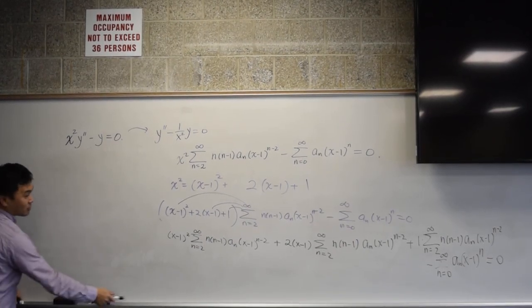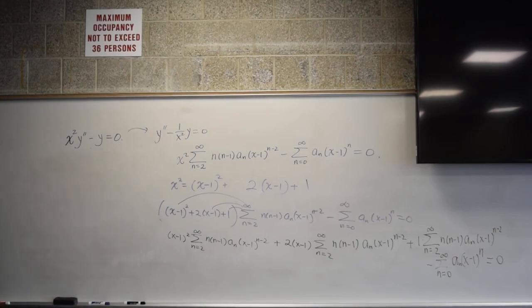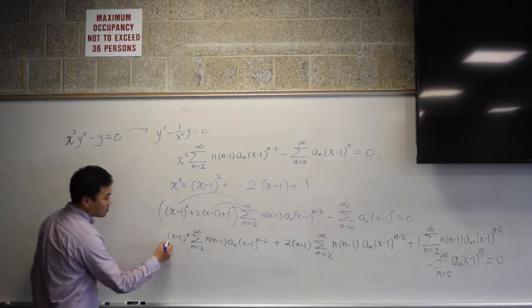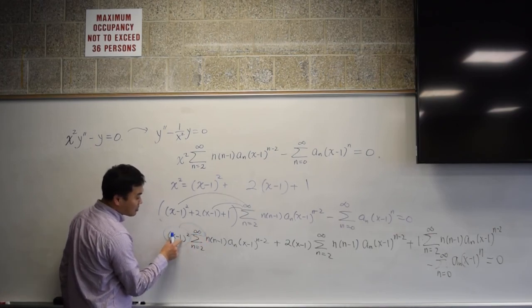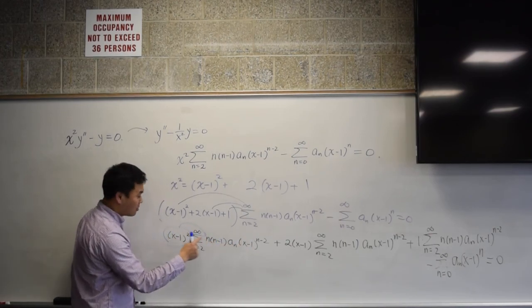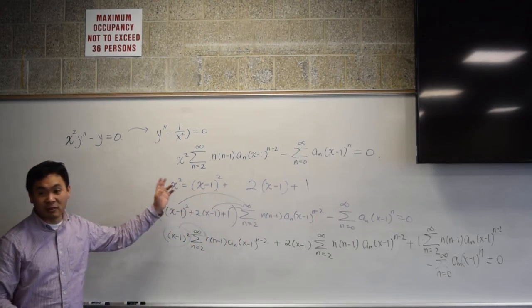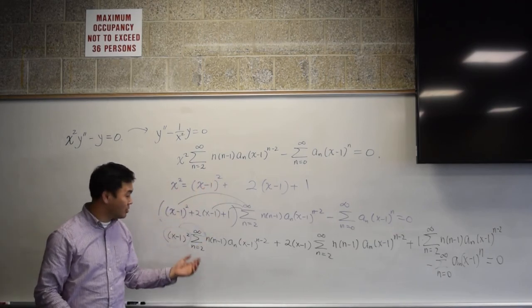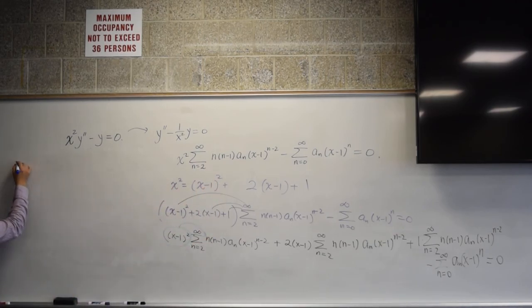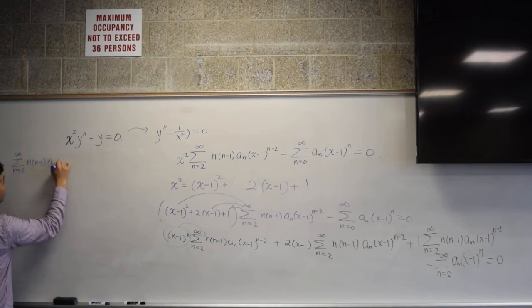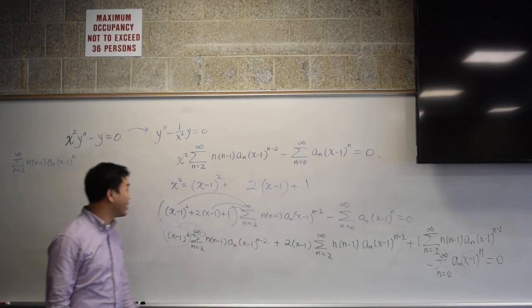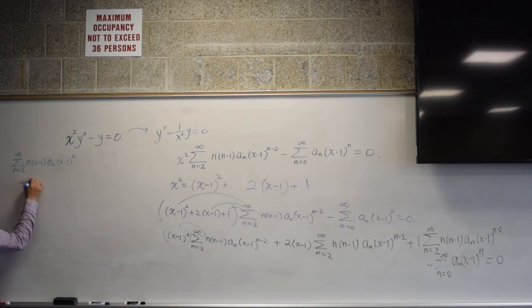I need to use a different color so I can know which one's which. Alright, so now this thing can go inside, and because now the x minus 1 factors match, I can put them together, right? That's the whole purpose of trying to put it into this form. If I write everything in terms of x minus 1, I can do that, right? So I have sigma n equals 2 to infinity. The first term is n, because 2 plus n minus 2 is just n. And then the second one is